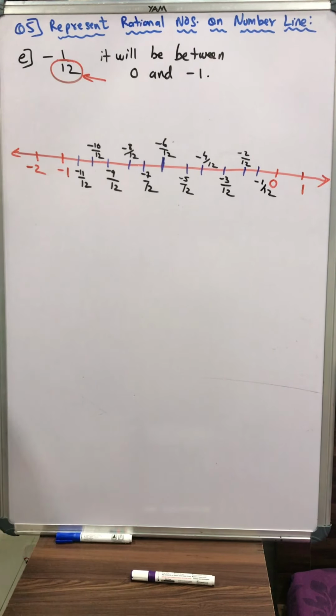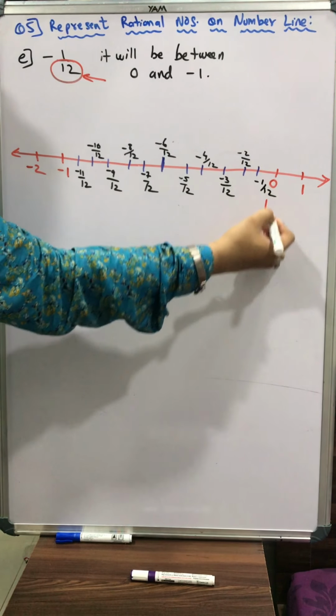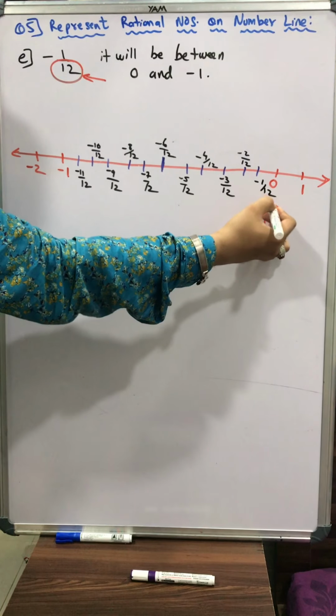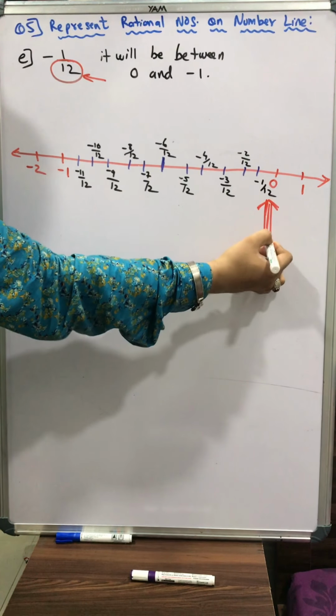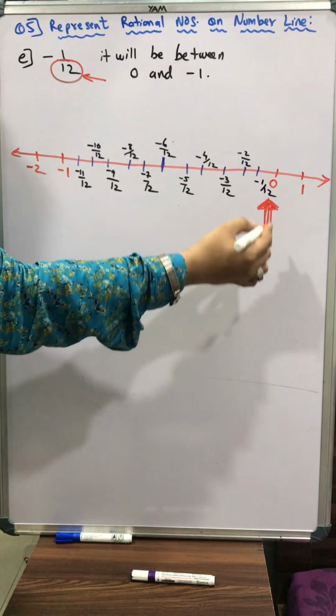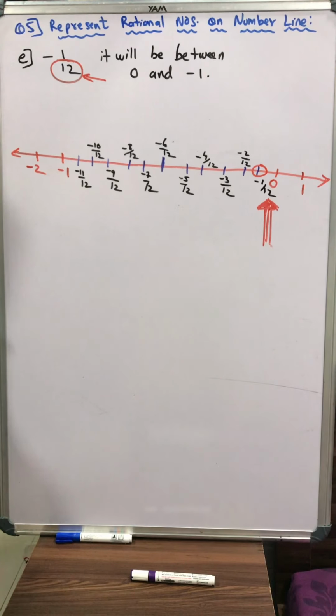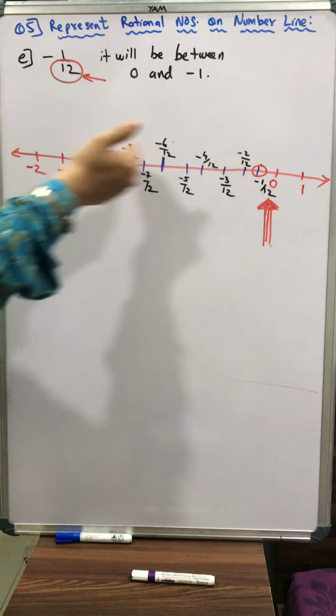But students, where is our answer? We got actually the answer. Our answer is here only. This is the answer. Hope you got. This is my answer. -1 upon 12. I'll circle it out. Okay. Now the next question in your mind will be, sir, should we write so much because we got the answer in the first stroke only?